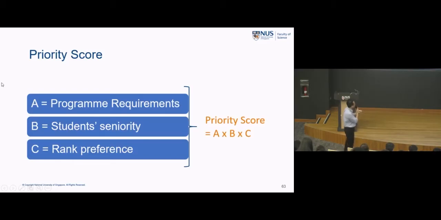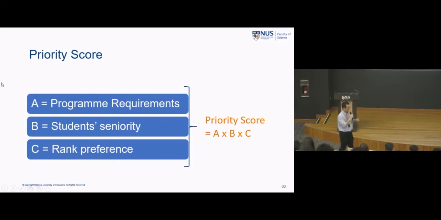The second important thing is students' seniority. So that is also taken into consideration, comparing a year 1 to a year 4 student. Year 4 student, not much time left. Year 4, if don't get this time, maybe no chance already. So system gives them some priority. Year 1, can't get it this time, try again next year.